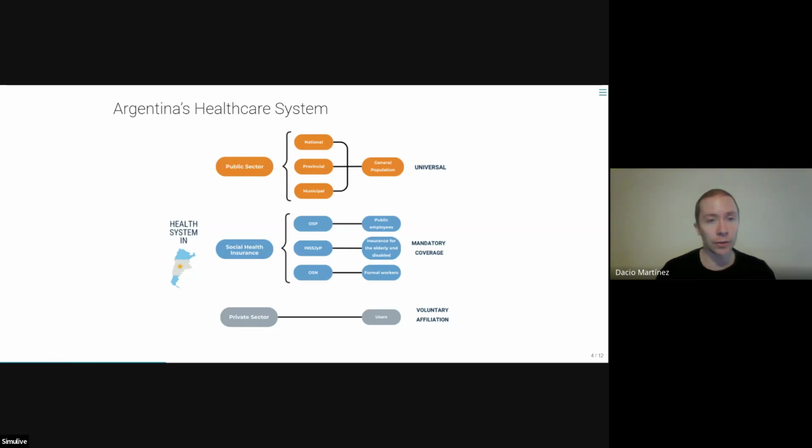Social security sector, payroll-financed obras sociales that insure formal workers, plus special funds for retirees and people with disabilities. Coverage here is mandatory for anyone in formal employment or receiving a pension. And last, we have the private sector, voluntary prepaid plans that individuals can purchase on top of or instead of the other two.